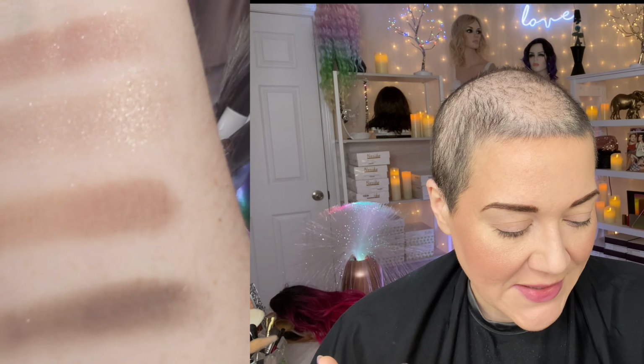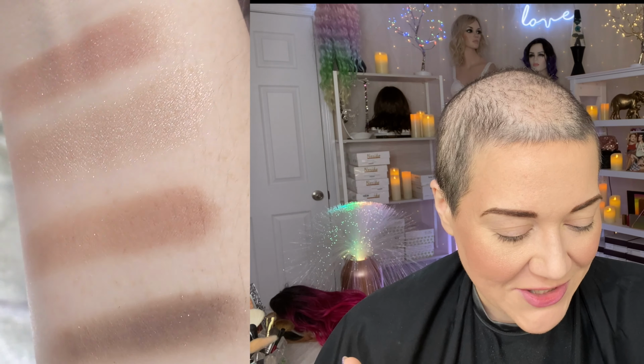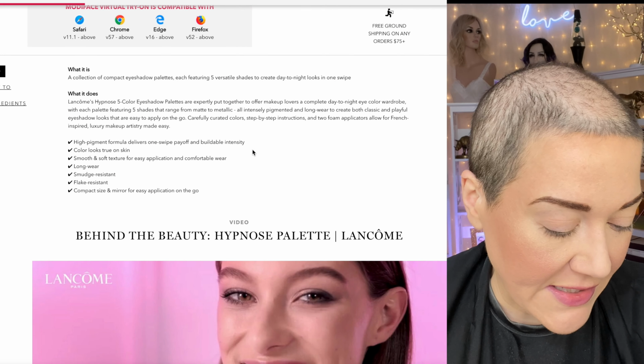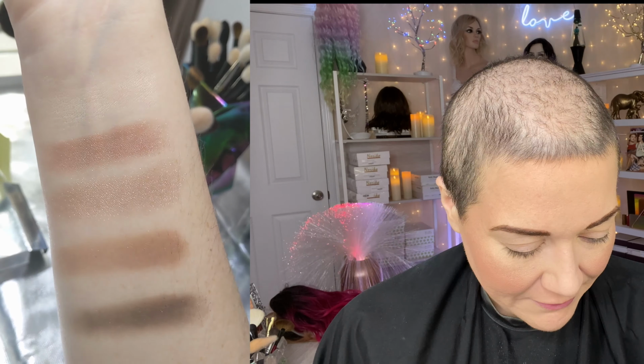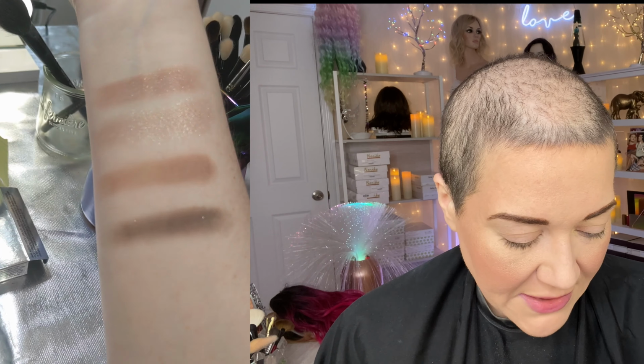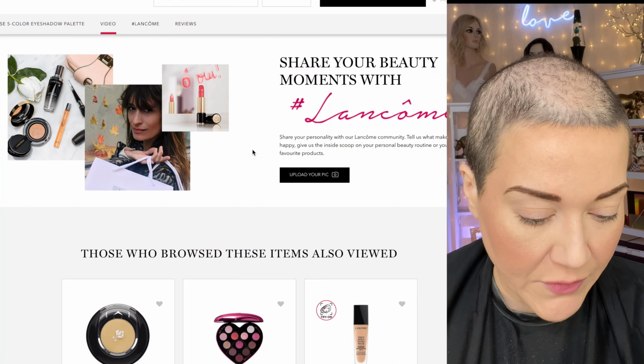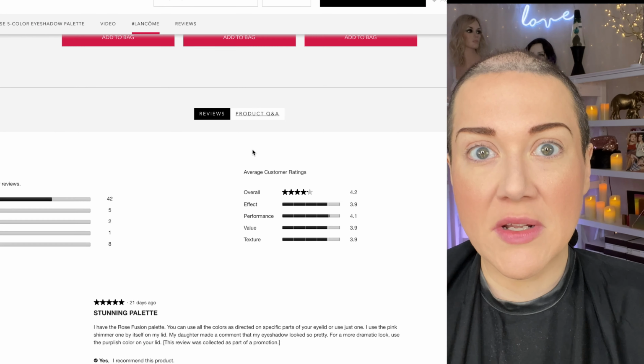Color looks true on skin, smooth and soft texture for easy application and comfortable wear, long wear, smudge resistant, flake resistant, compact size and mirror for easy application on the go. Okay, so it's got kind of mixed reviews. It's got 42 5-star reviews, 8 1-star reviews, and a few in between, but the majority of the reviews are